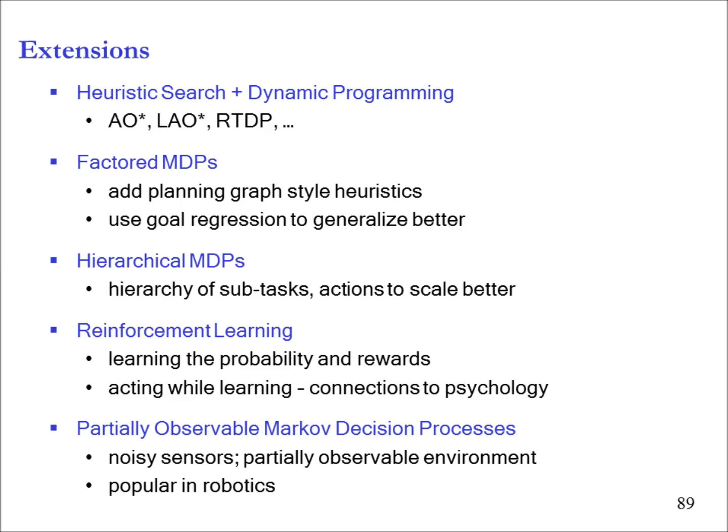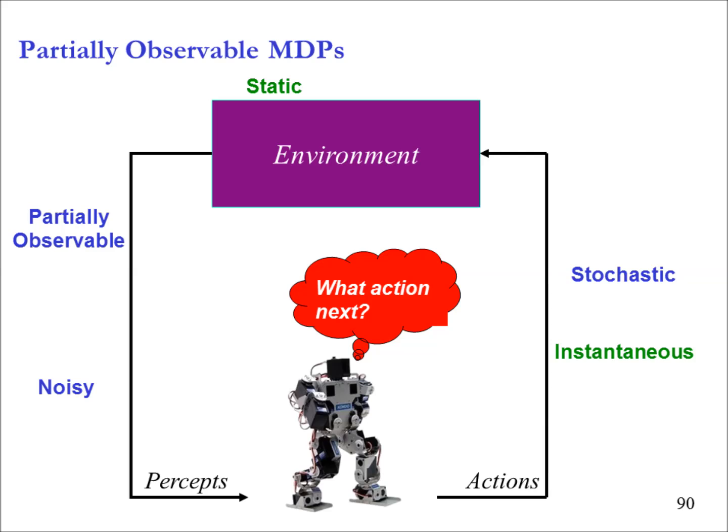And lastly, let's take a couple of slides and talk about partially observable Markov decision process, since this has come up a couple of times now. So we are in a framework where we have noisy sensors. So we cannot observe the whole environment, we can only observe a part of the environment. So the change that gets made is now our environment is partially observable and our sensors are noisy. So how do we plan that?